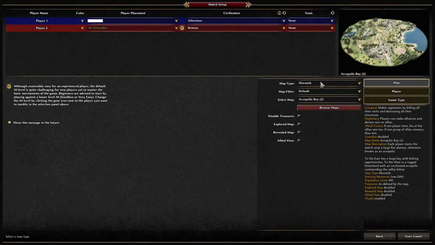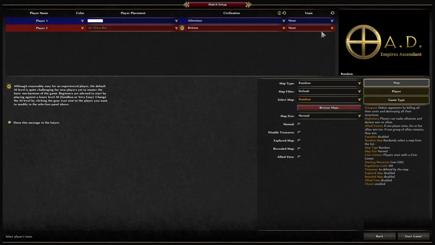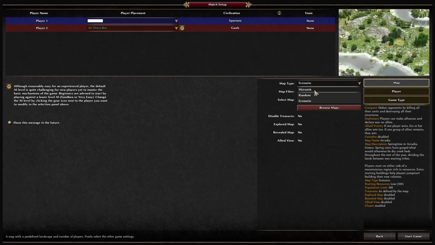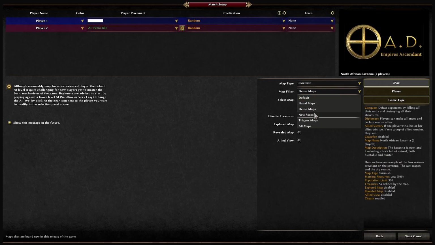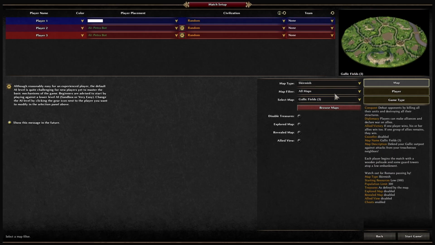In your map type, you choose among the options: skirmish, random, and scenario. As you'll notice, every time you select a map, there will be changes in your match setup, such as the total number of players added. You can check and uncheck among these options: disable treasures, explored map, revealed map, and allied